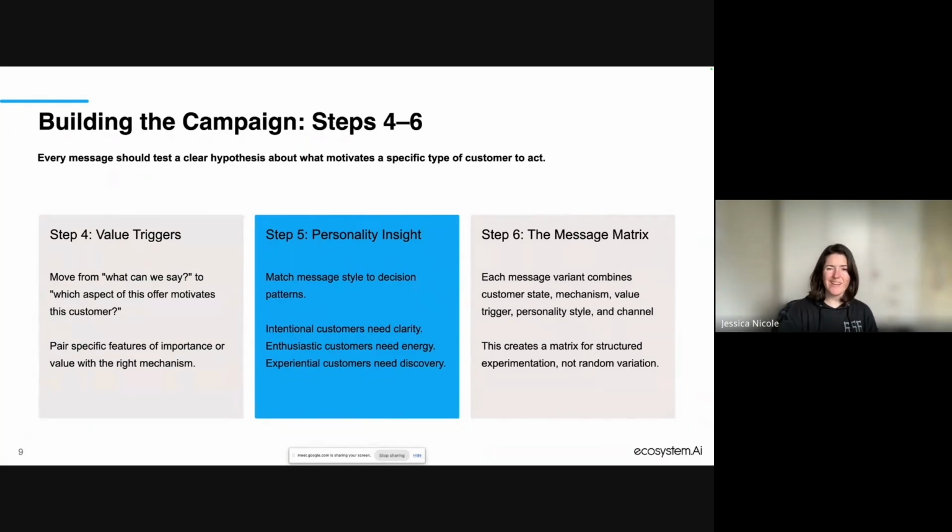Because you don't want to inundate people with messages. You don't want to have to choose 6 different mechanisms. Let's say you choose 3 mechanisms and you choose 2 of the value triggers. You're going to end up with 6 different messages, and you need to know where to send each of those messages.